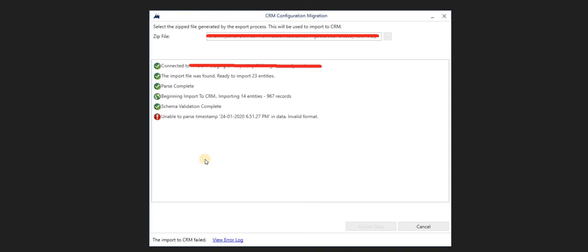So what we did is, whenever we are supposed to hand over the package to our colleagues, we changed the date format on our machine to follow their format, and then we did the export, so that the exported file and the import happen in the same date format. That solved our issue. I thought I'd share this solution or finding from our troubleshooting, so that it will save time for some of you at least.